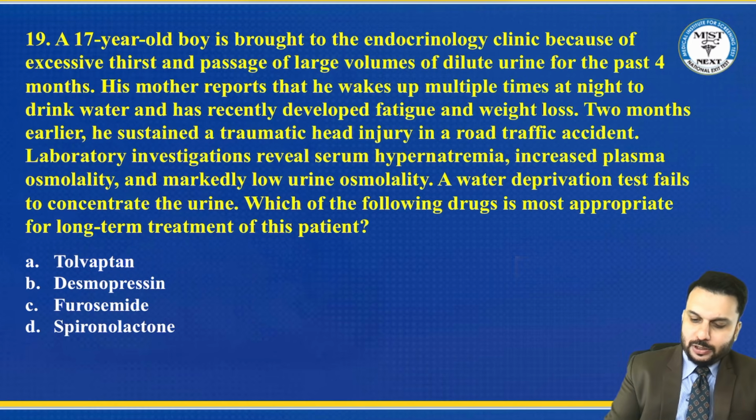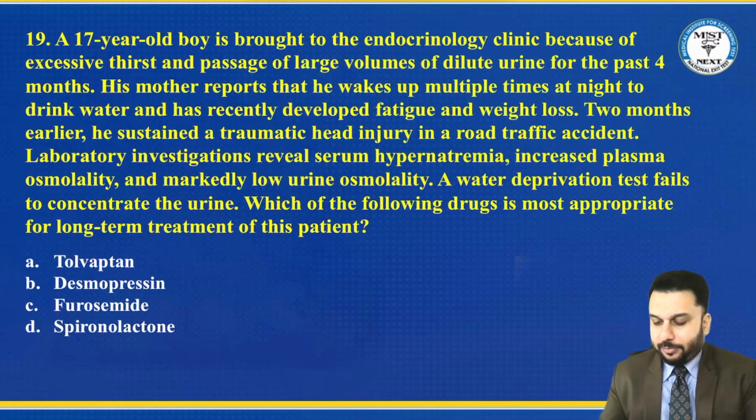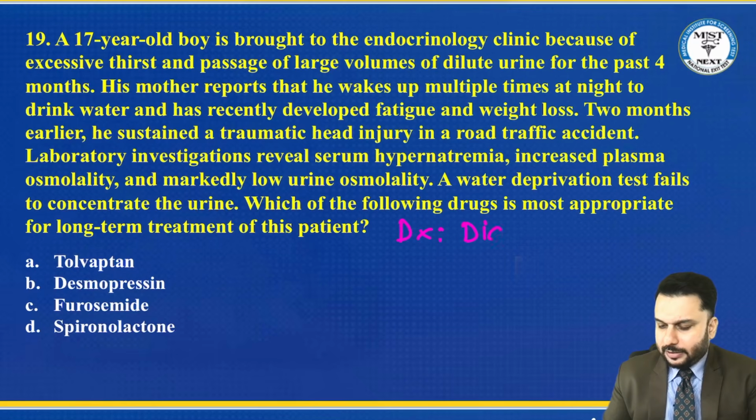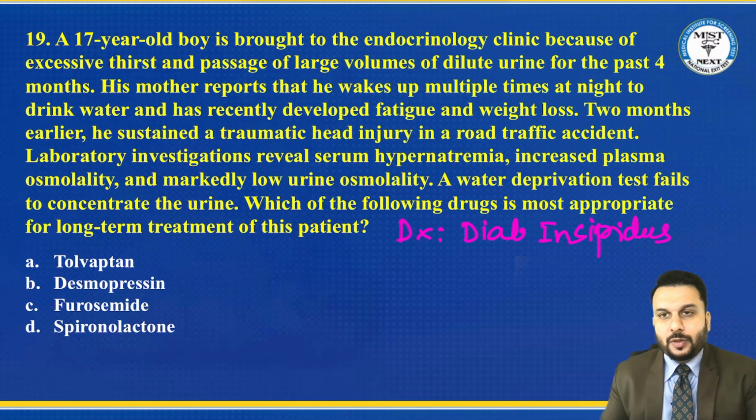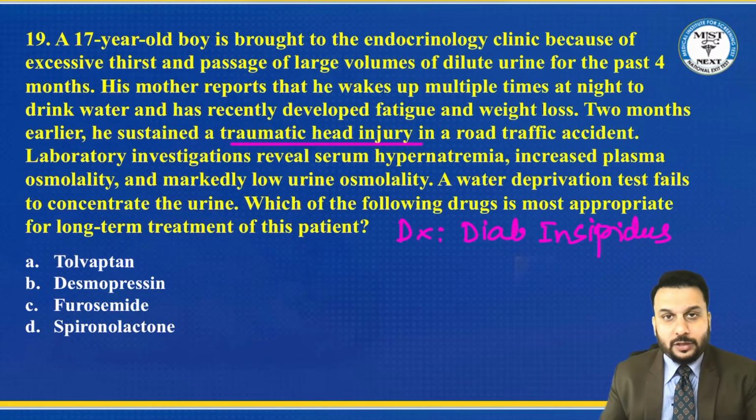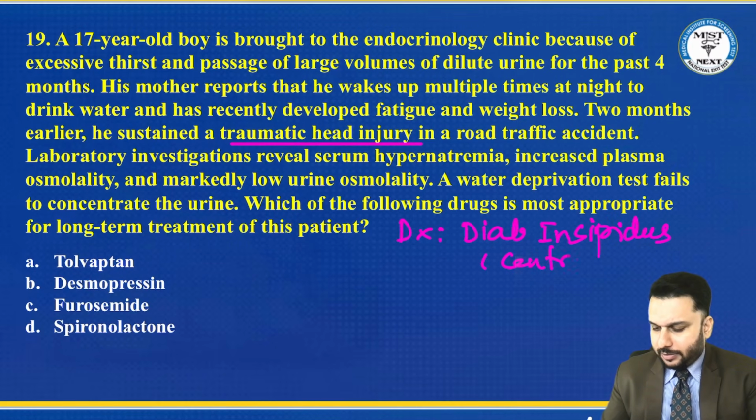Okay. So if you check out the clinical features that have been given in this disease, what is happening here? First of all, the diagnosis. It is diabetes insipidus. You must remember diabetes insipidus is of two types, central, meaning brain, and nephrogenic, that is kidney related. So they've given an RTA head injury type of history. That means something happened to the brain probably, and that's where the patient has developed diabetes. So I'm assuming this is central diabetes insipidus.